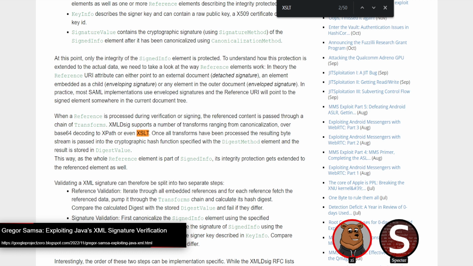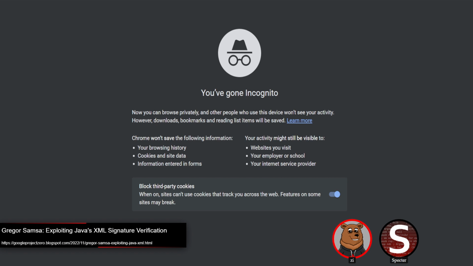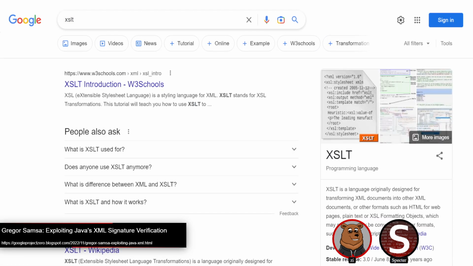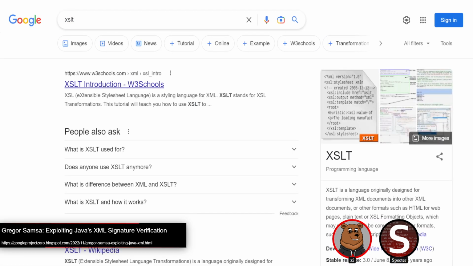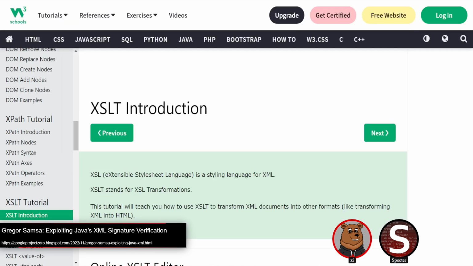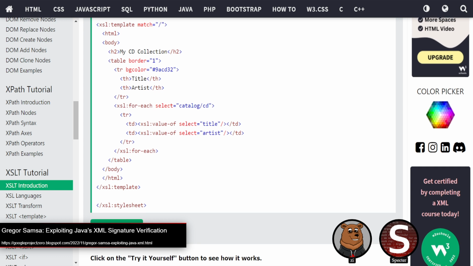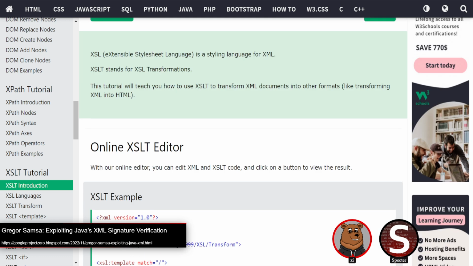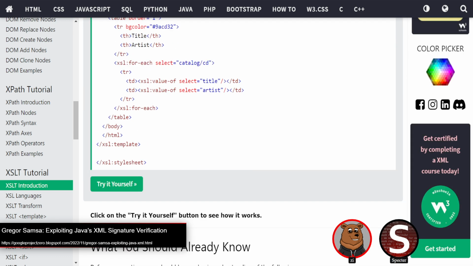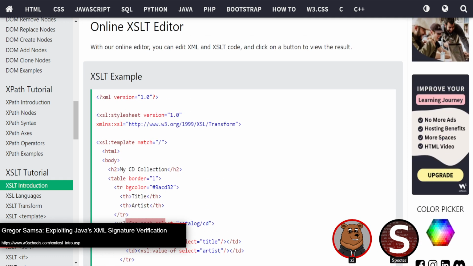which I forget exactly what that stands for. But it's like a query language, or not a query language. It's a little language that you can write transformations in. You've got looping, you can call functions with it. I just pulled up an example here on W3Schools where you can write selecting the title and looping over things that are in catalog/CD, and then they've just got the template up here, but